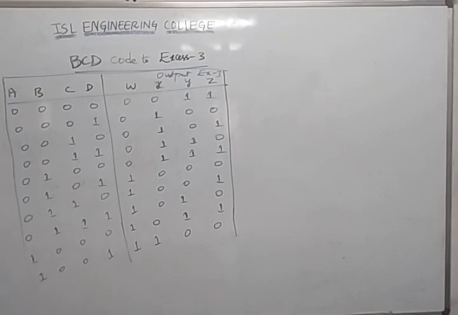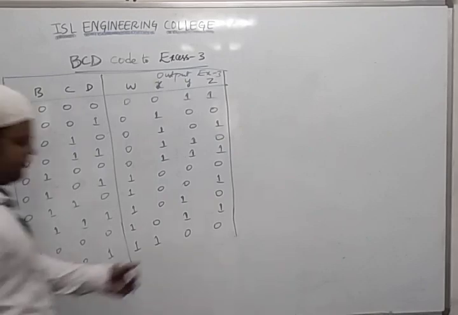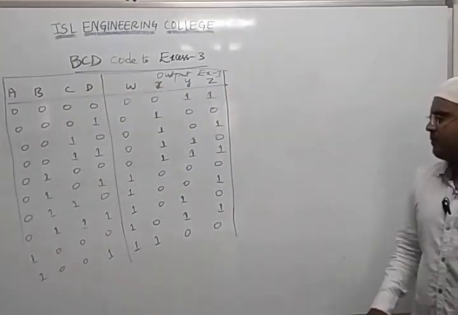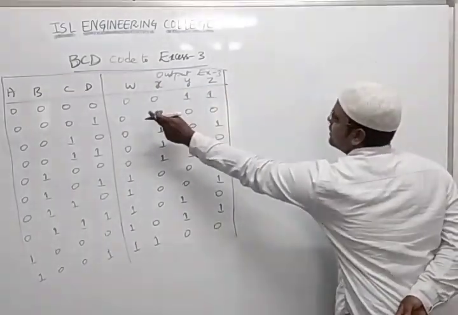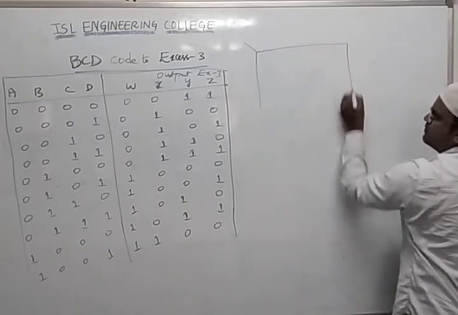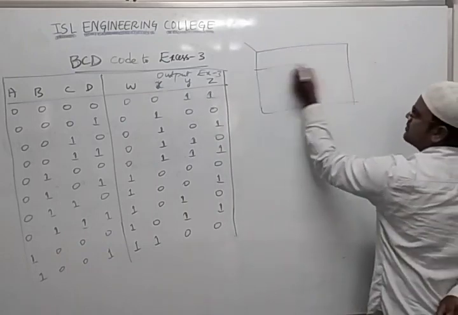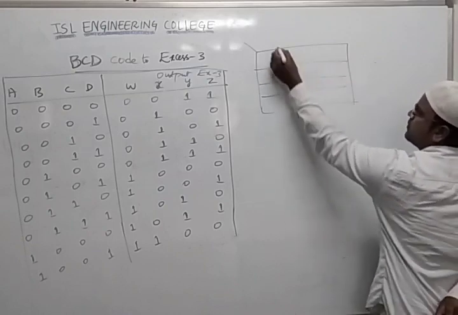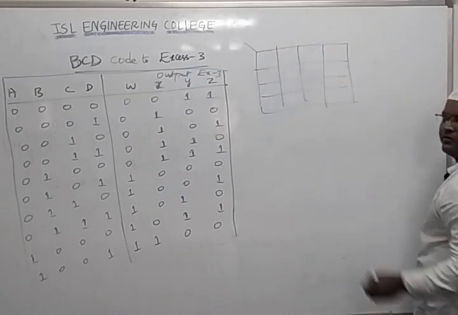So we do have these things. Next thing is that we just want to write down the value of the output. So for that what will we write? We'll try to draw the K-map. So how many K-maps do we have to draw? One for W, for X, for Y and for Z. Total 4. I need to design 4-variable K-maps. So 1 2 3. This is one K-map.